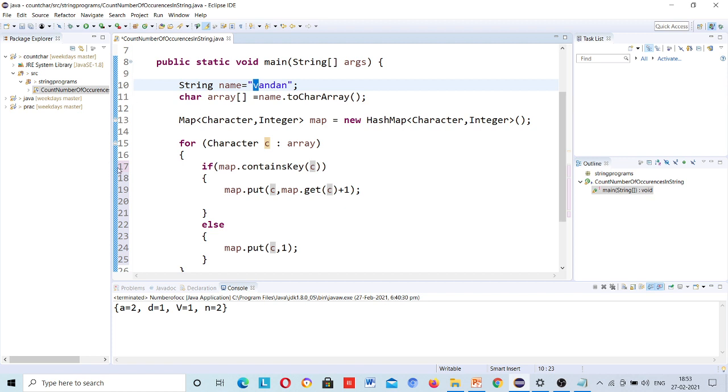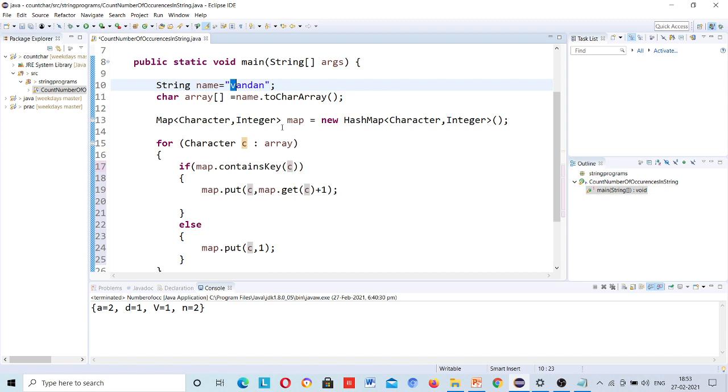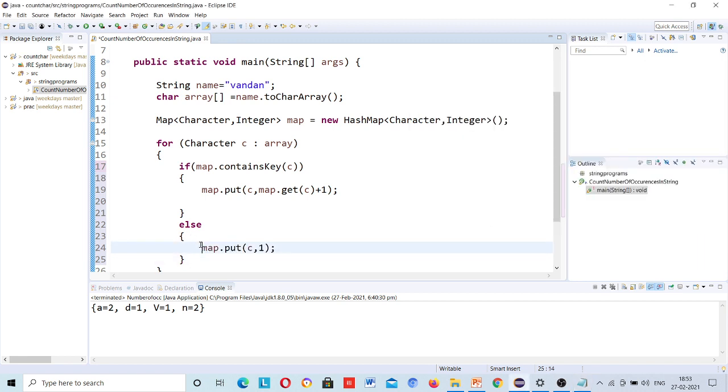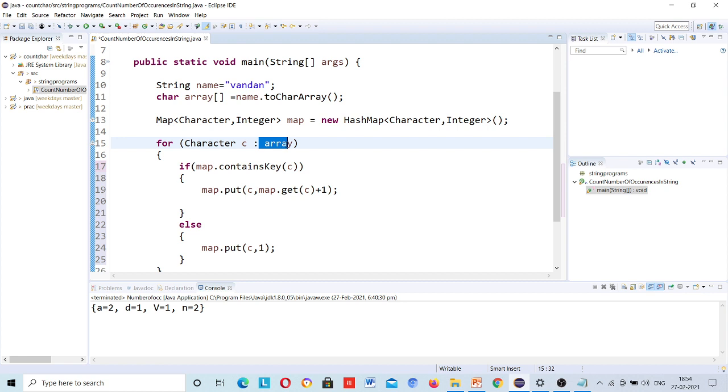I will also debug this code and run this code step by step so that you can see, but first understand how it's proceeding. Then map dot put C, so first time C is holding V, so V is stored. Okay, now it again came here to the array. We know how the for loop works. Then it will